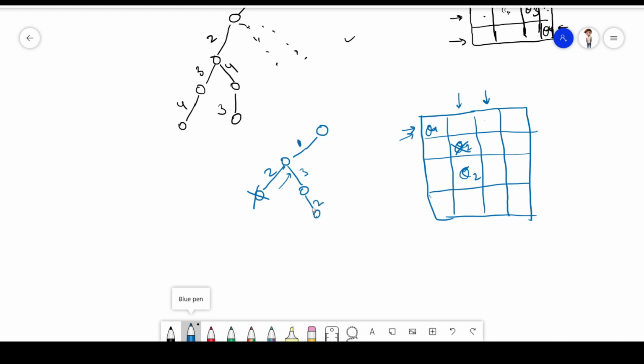This should be 2. I can place q3 over here, but when I place q3 over here, what will happen? The bounding function will say to close it and backtrack. I will backtrack and come over here. Can I place q3 over here? No, I cannot place. Now when I place it over here, again the bounding function will want me to backtrack. Okay, so when I backtrack, there are no more than this four positions. So I will backtrack again. I will come over to here and see some other position.